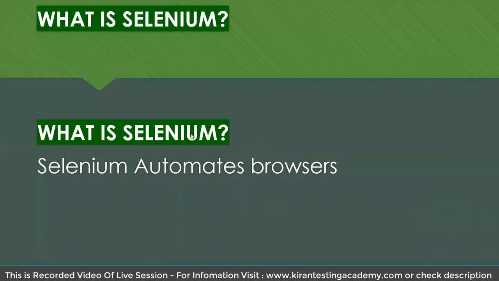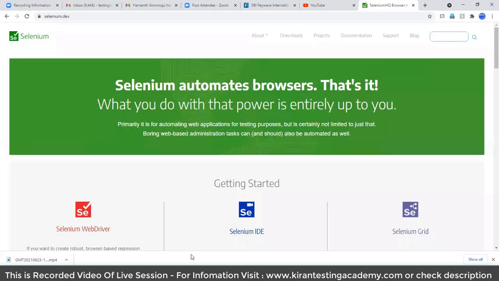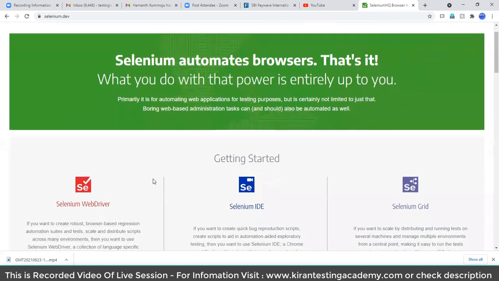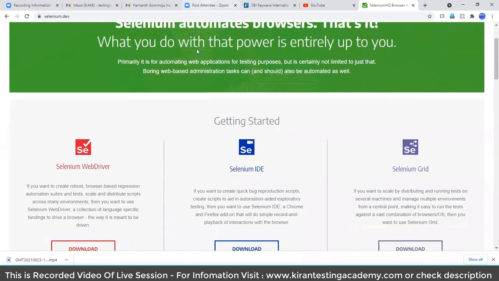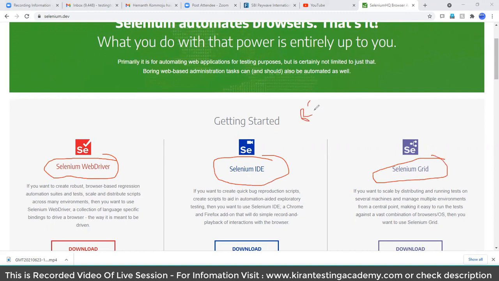And before that, a very, very important note actually. We have some flavors in Selenium, like Selenium WebDriver, Selenium IDE, and Selenium Grid. These are the three flavors of Selenium. And even we used to have Selenium RC. It is deprecated from the market. It is not there. And there are still people who teach this. That is a different story. But RC, it is outdated. Even Selenium also removed it. So RC is deprecated. It is out of the market.